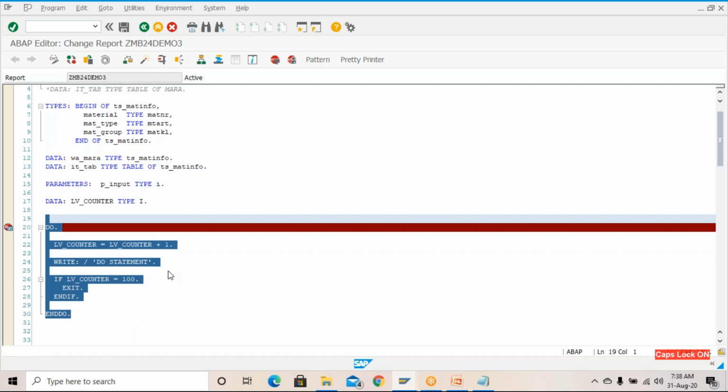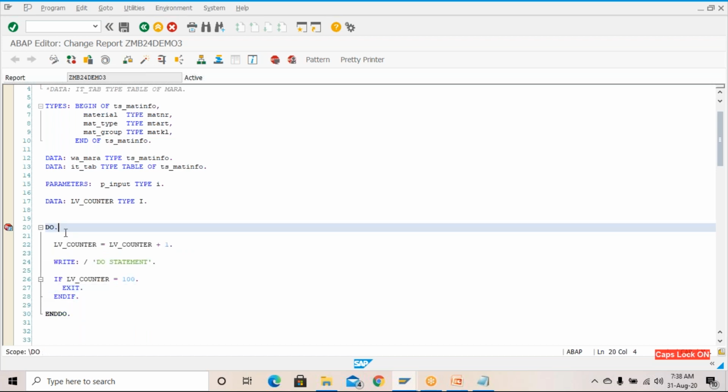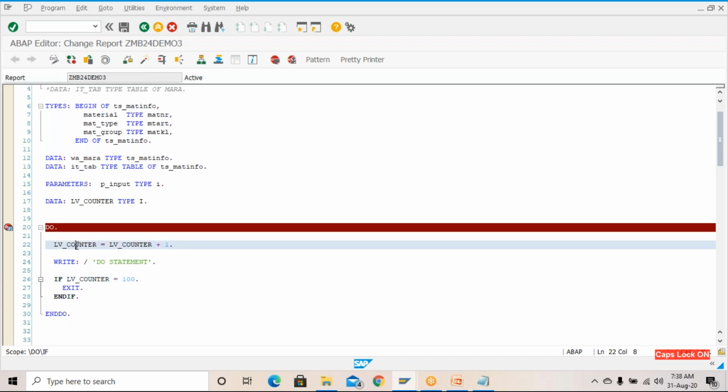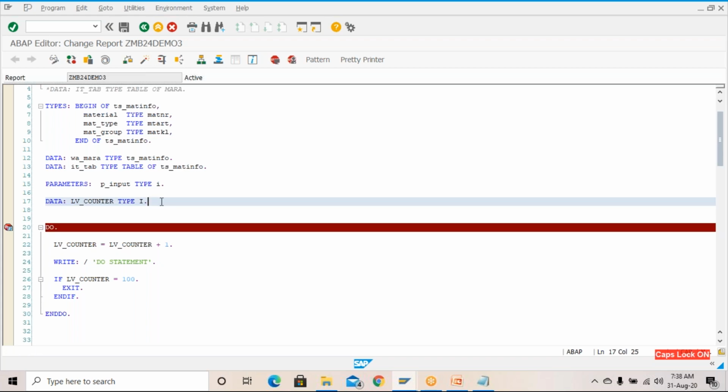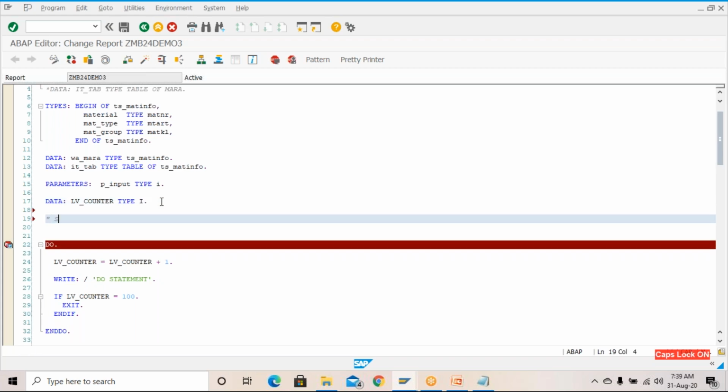For this do statement you can use it like this. But what has SAP done? Do you have to use this LV underscore counter every time? No, it is not required. SAP has given you a system variable. The system variable names are sy-tabix and sy-index. Two system variables we are having, very important system variables. Sy-tabix, we will see, will be applicable in